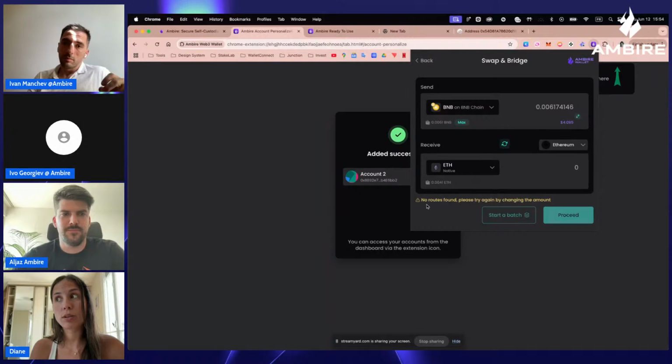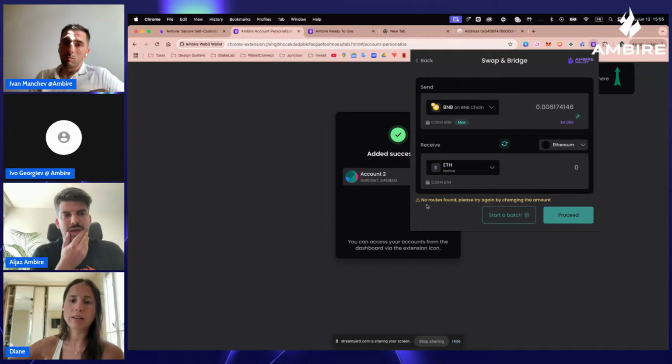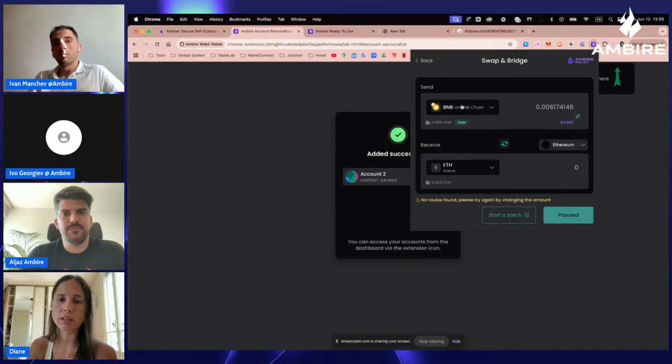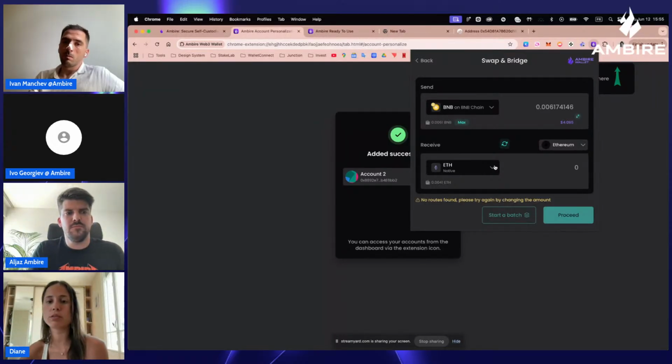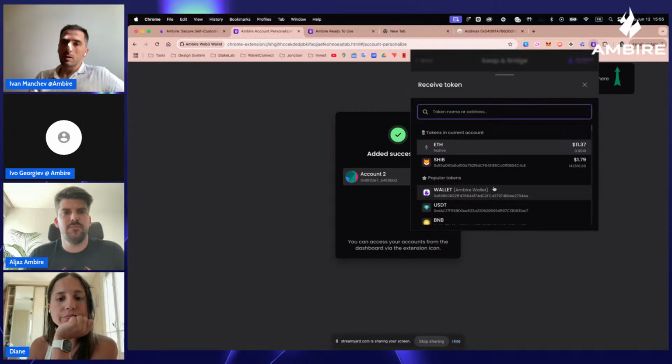I think it's a bit frustrating to take time and hope you can do your swap, and then you see it's no routes. So maybe it's good to just not propose them. If the provider never has routes from BNB to ETH natively, when BNB is selected in input, we can just not show Ethereum in output, or show it but disabled, informing that there are no routes. This is really nice feedback. Absolutely.